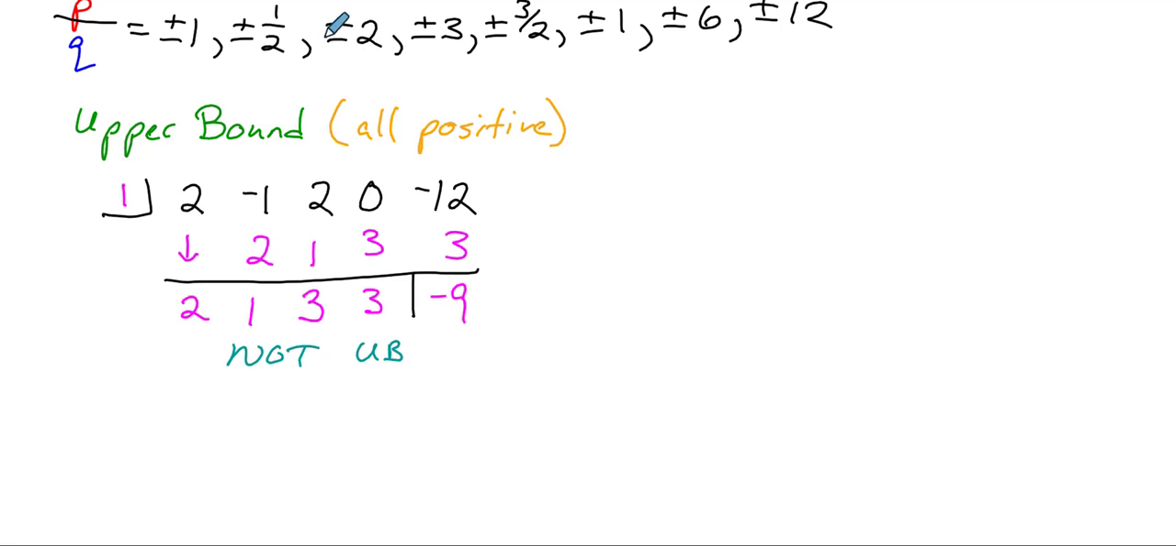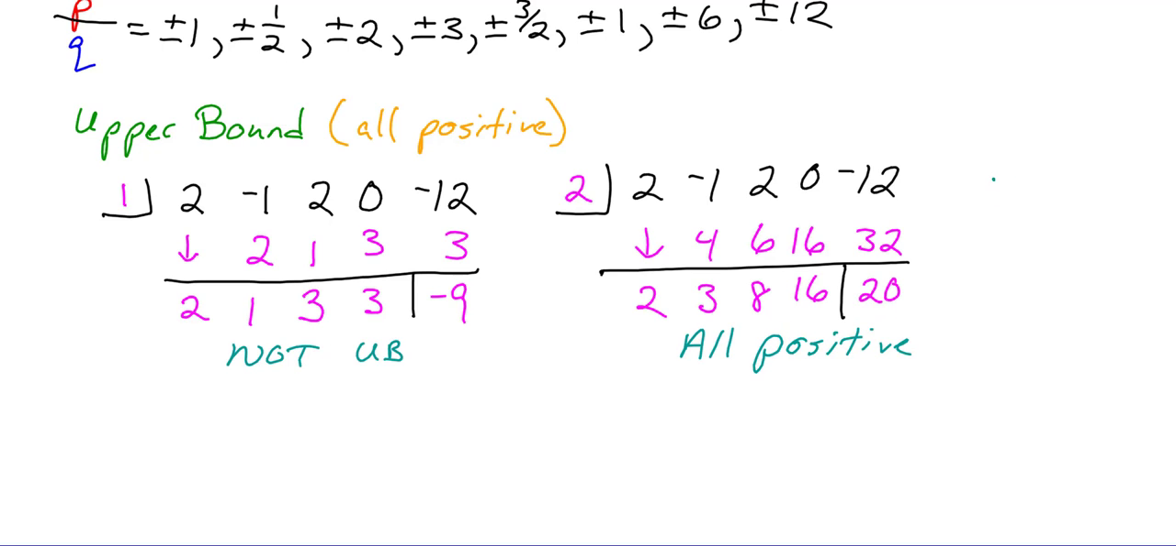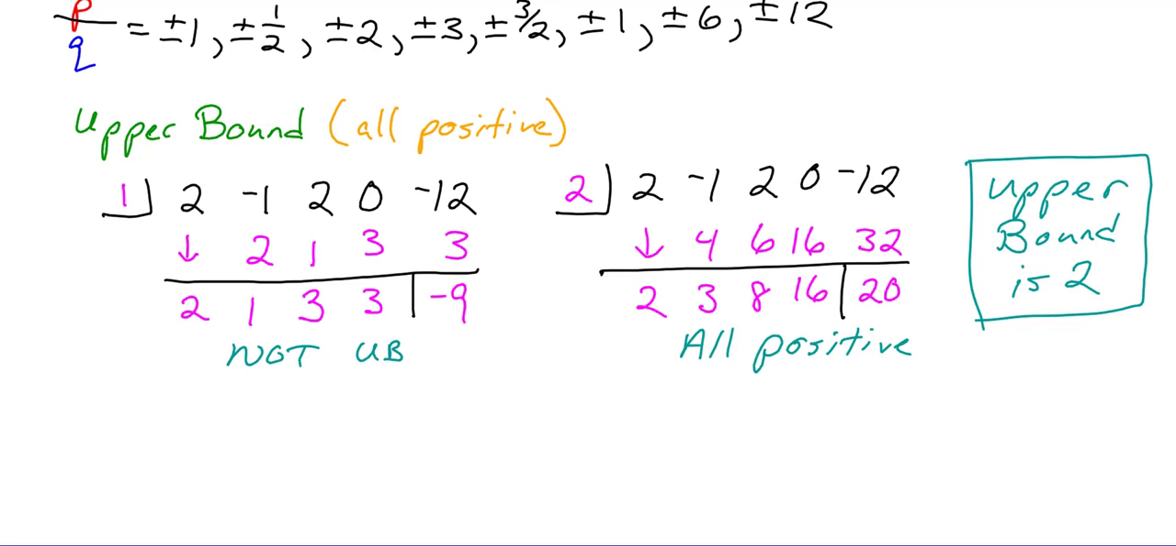So our next number that's a whole number is 2. Because we're using the same equation, we can just copy our first row for our synthetic division. Okay, 2 times 2 is 4. 3. 2 times 3 is 6. 8. 2 times 8 is 16. Add, we get 16. 2 times 16 is 32. -12 plus 32 is 20. This is all positive. So therefore, our upper bound is 2. So you can see why, if we're looking for the zeros of an equation, we've just cut off